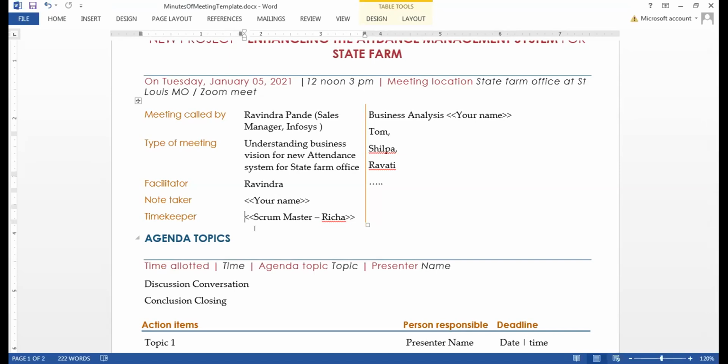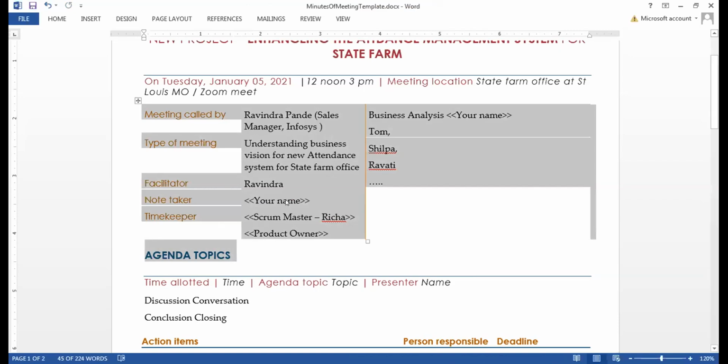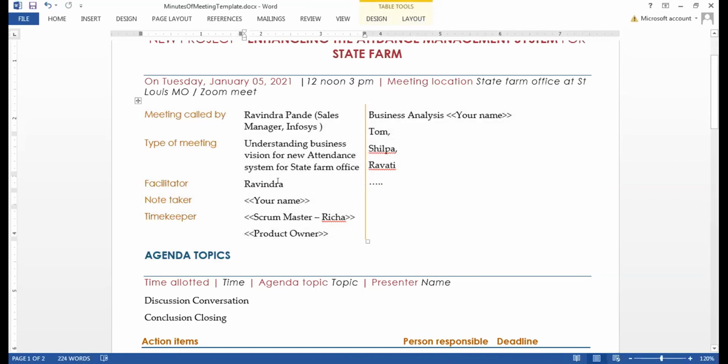Product owner, there'll be a name of a person. We normally refer to these two roles, very critical in terms of Agile Scrum methodology, which we normally perceive in all top IT organizations and industries. Scrum Master and product owner.